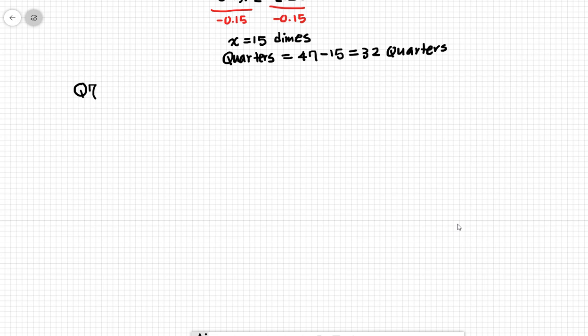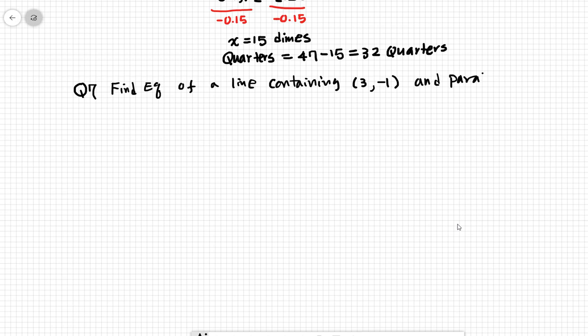We want to find the equation of a line containing 3 and negative 1, and parallel to the line